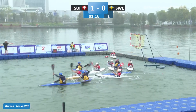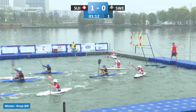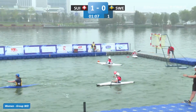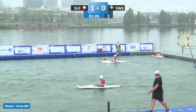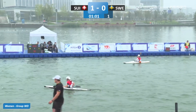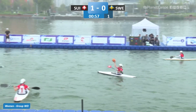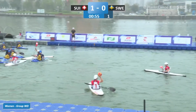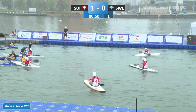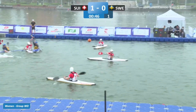And that fell for Schergerschet, but straight over the top. They need to make more of these half chances. And this is going to come away with Bartelt. Luginbull, captain, just having a little nod there towards Brulissauer. Not quite sure. They've clearly thought of, yeah, here we go. These three have got something in mind. Two players inside doing a bit of work, but I think anything that's going to come is going to be